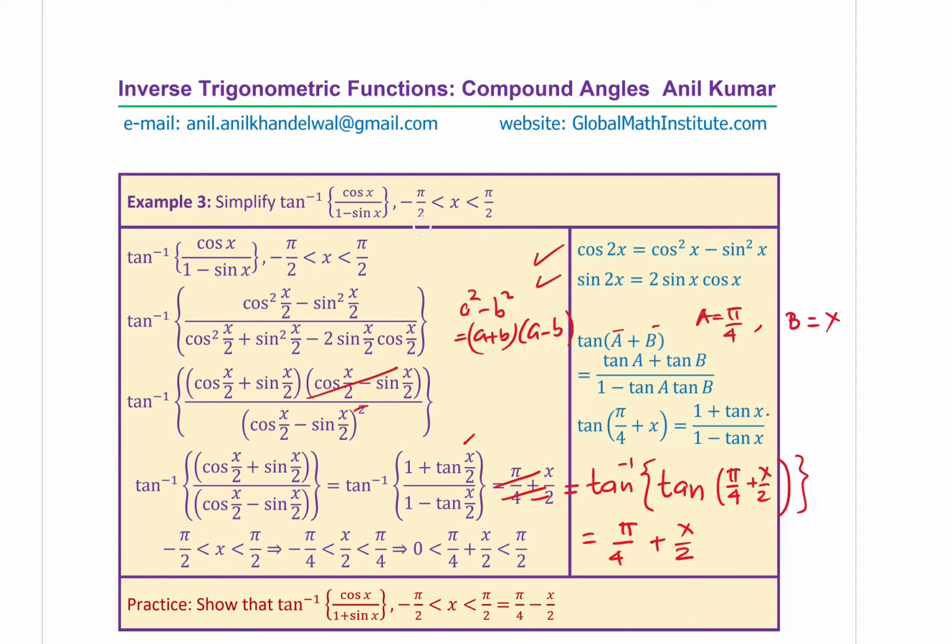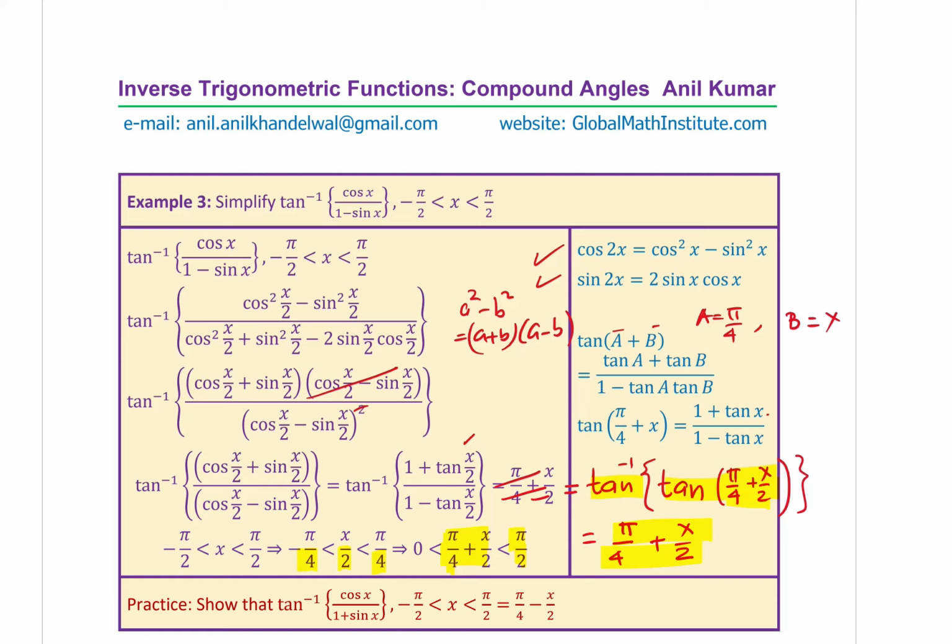The domain given to us is between minus π/2 to plus π/2. So if I divide by 2, then we get minus π/4 to π/4. Now we are interested in finding the domain for π/4 plus x/2. So add π/4. When you add π/4, you get the domain for this particular argument as between 0 to π/2. Within this domain, tan of tan inverse θ is θ itself, and therefore we get the answer, which is